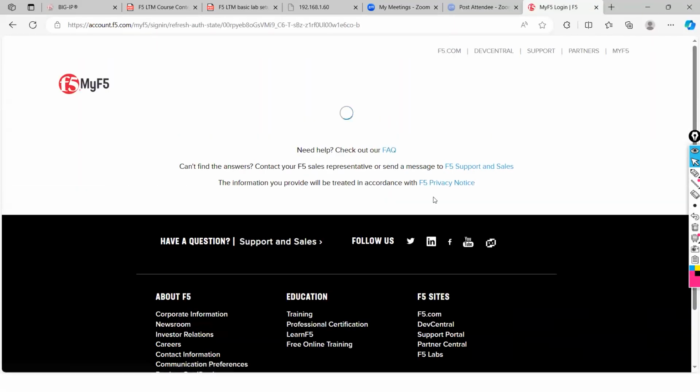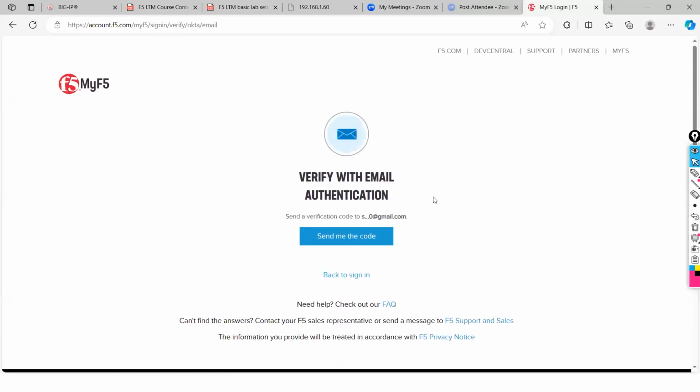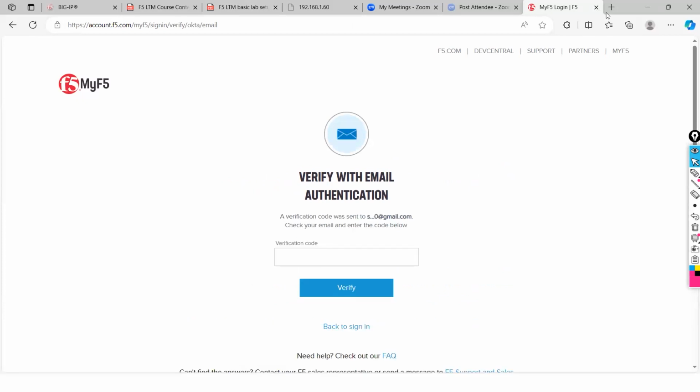You will get one passcode for authentication, so I'll just send the code. I will get a notification on my email ID, called a one time verification code. I will check my verification code, 833579, and click on verify. So I'm telling you how you can get the free license and make any lab easy for you.